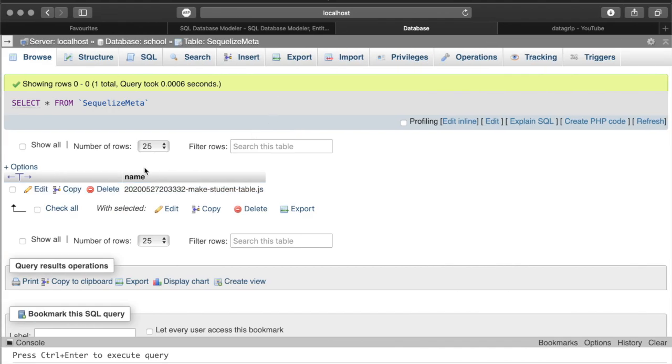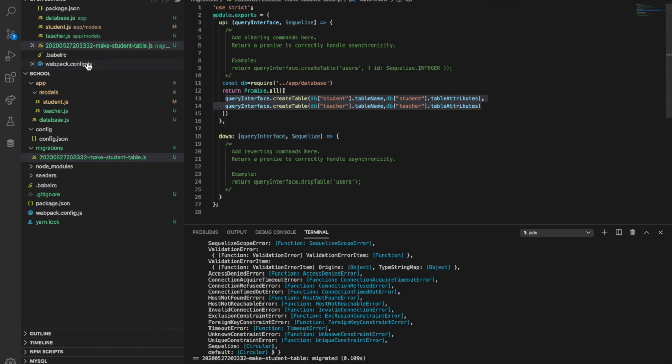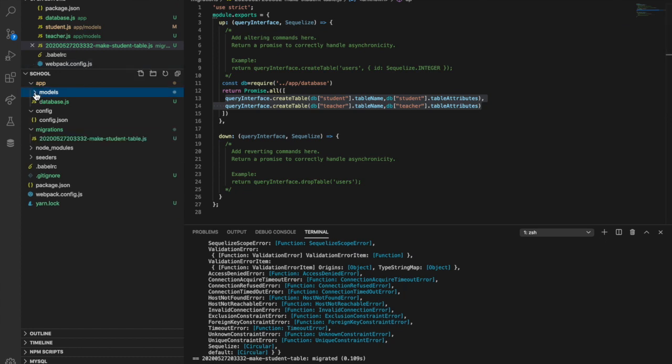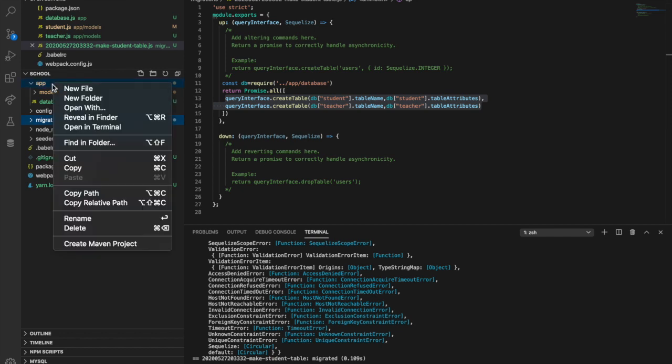So we created our migration and it created our tables. So that's how we create the models. All right. So now that we are done with this part, I'm going to show how we're going to structure